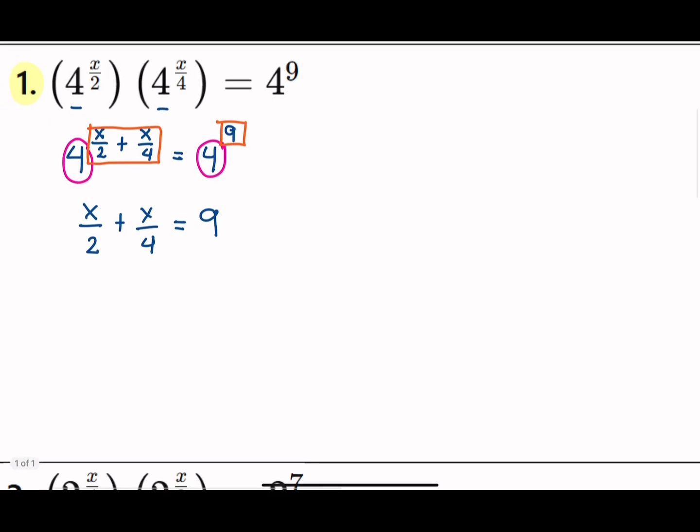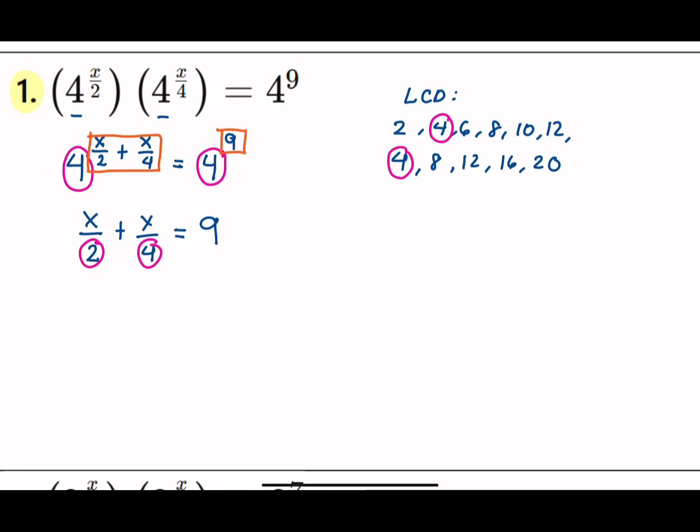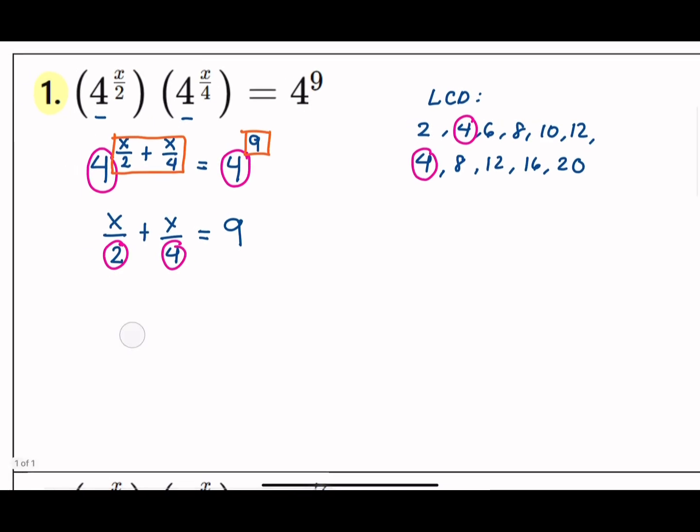Now, we are adding two different denominators. What we have to do now is find their LCD, the LCD of 2 and 4. So we're going to list 2 and 4 and then the multiples. For 2, we have 2, 4, 6, 8, 10, 12, and for 4 we have 4, 8, 12, 16, 20. Based on these numbers, what is the least common multiple of 2 and 4? And that is 4. So what I'm going to do here is multiply the whole equation